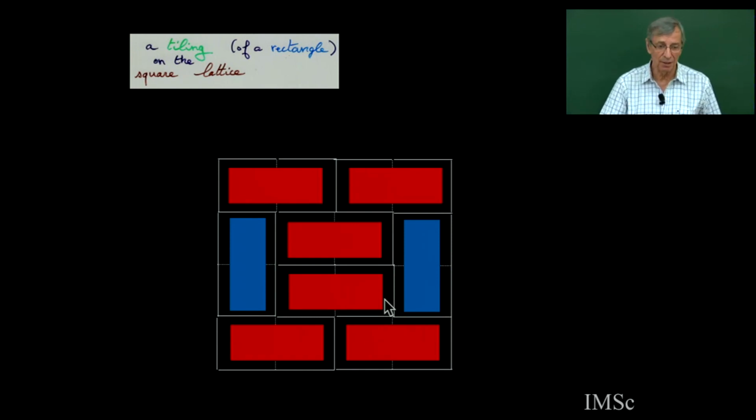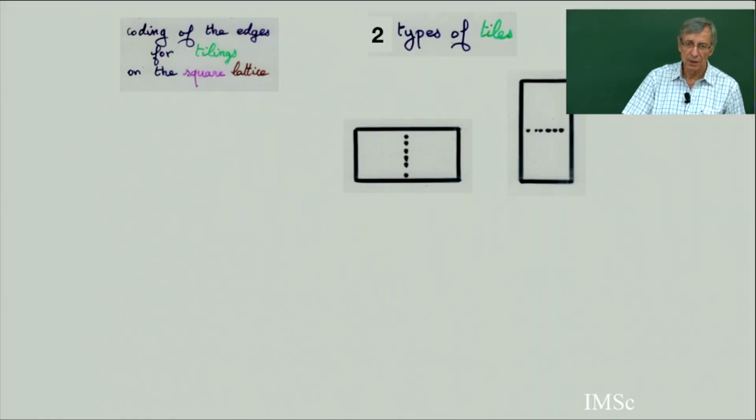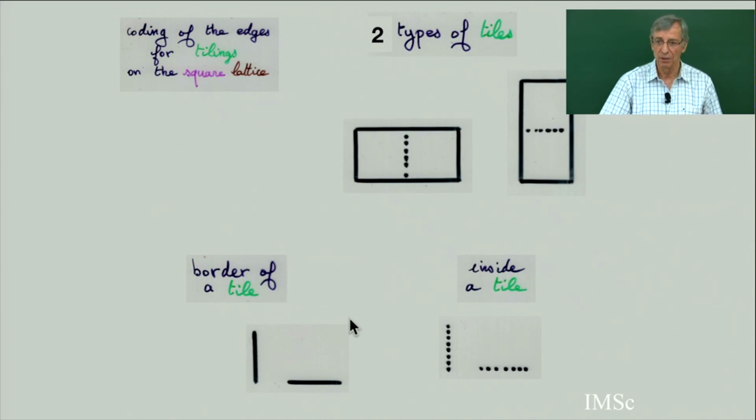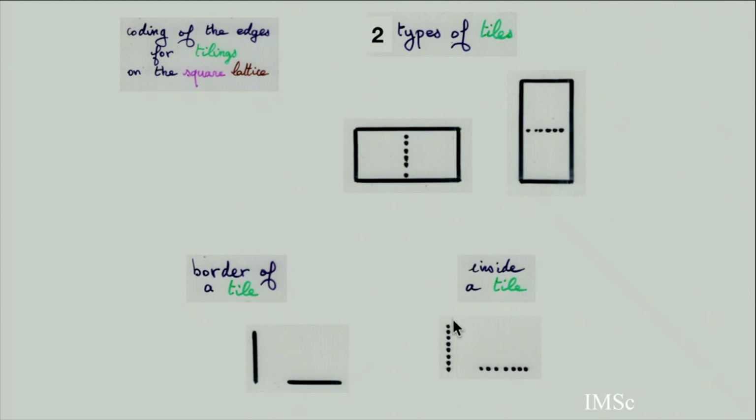So what is the quadratic algebra related to tiling of the rectangle? In that case there are two types of tile, vertical dimers or horizontal dimers. Again, we do the same thing as for the triangular lattice. I will put a plain edge when it's on the border of a tile, and a dotted edge when it's inside the tile, with the corresponding operators: B and A for edges at the border of the tile, and the dot for when it's inside the tile. Again, just check the different possible local configurations.